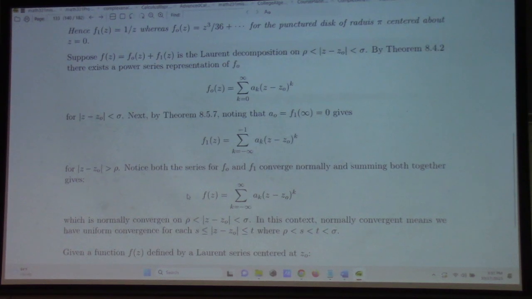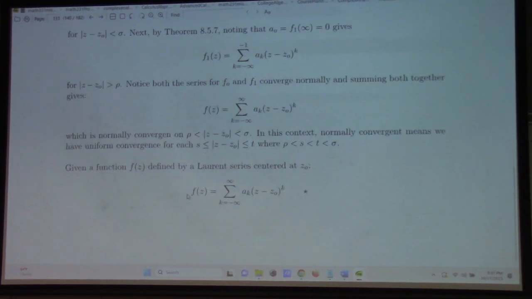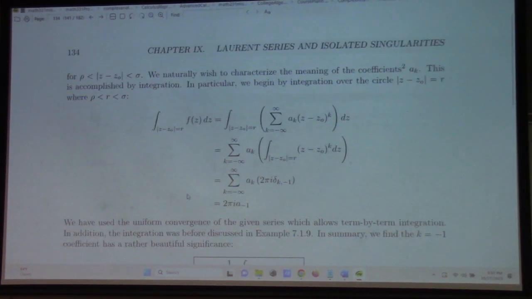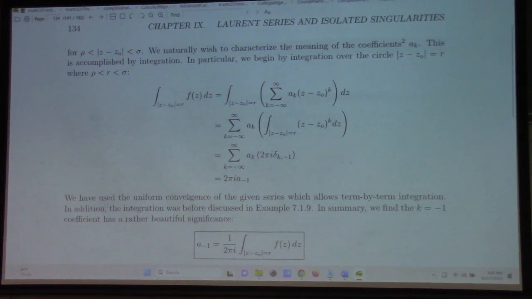More than this, we can fall back and figure out how to calculate the coefficients, right? If we integrate over a circle of radius r, some circle in the annulus of convergence, we can trade the function for its Laurent series, and then we